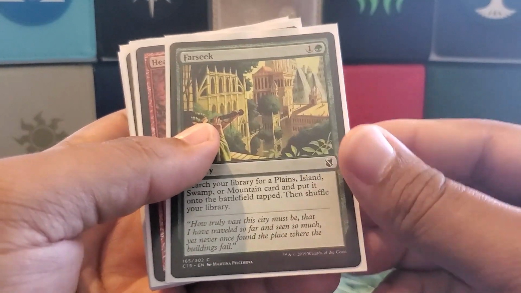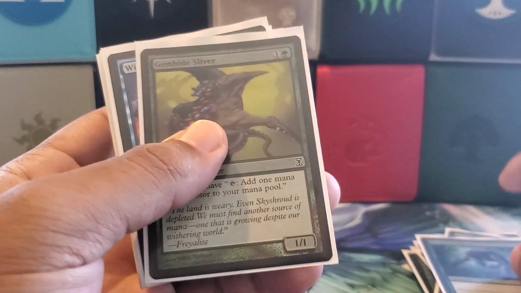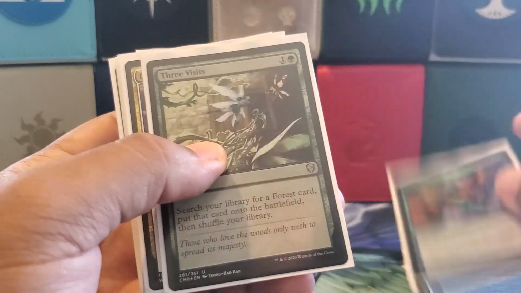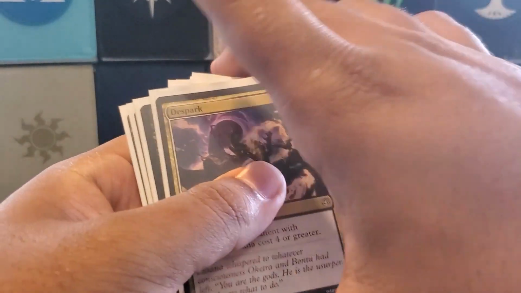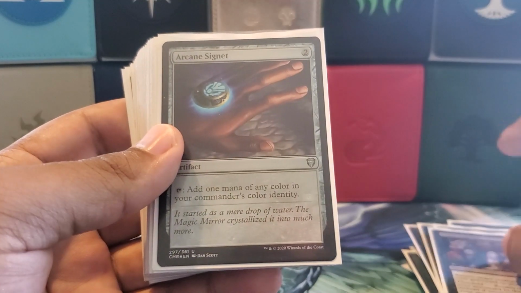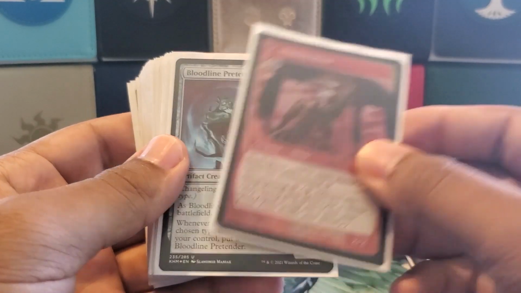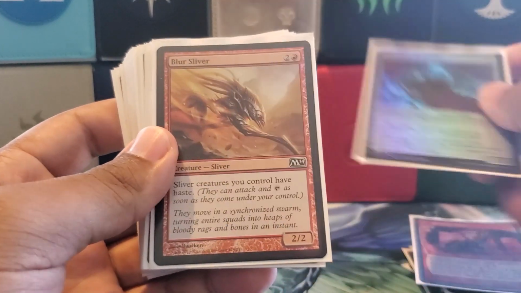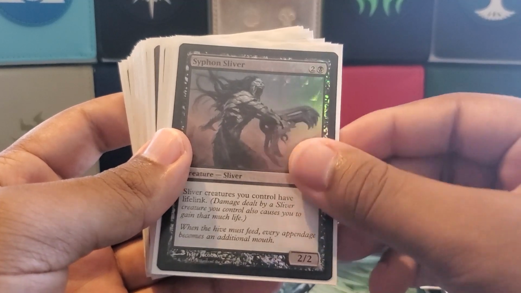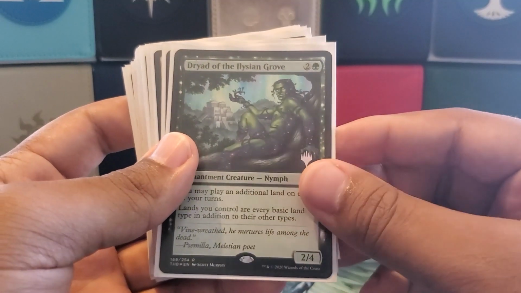Diffusion Sliver, Nature's Lore, a Farseek, Heart Sliver, Predatory Sliver, Gemhide Sliver, nice foil, Winged Sliver, a Three Visits, a D-Spark, Stitch Together, Arcane Signet, Hunter Sliver, Homing Sliver, Bloodline Pretender, Blur Sliver, Hollowhead Sliver, Syphon Sliver, Spiteful Sliver, a Rhystic Study, Dryad of the Elysian Grove,